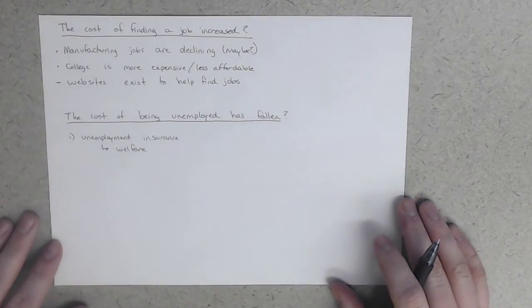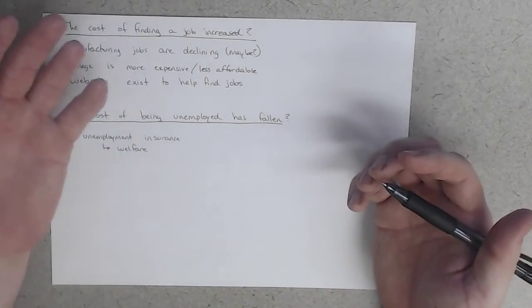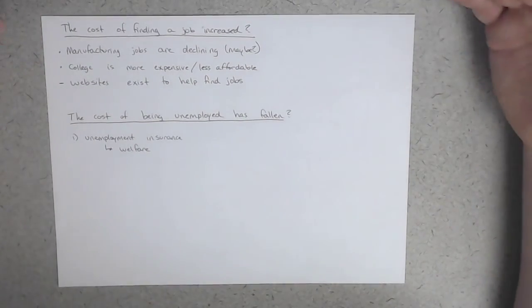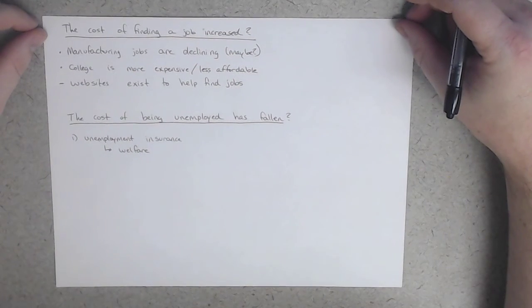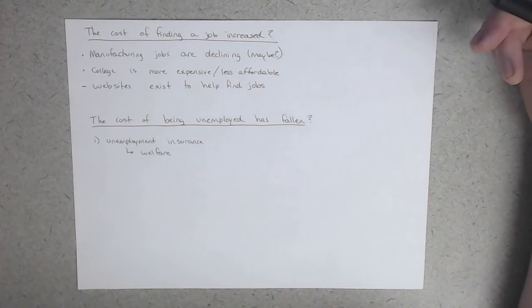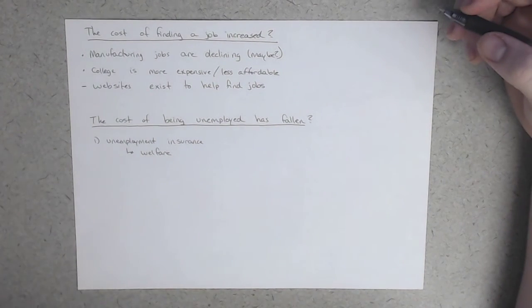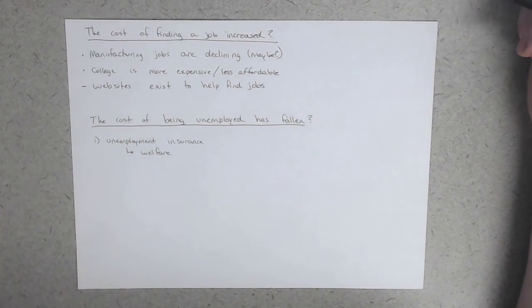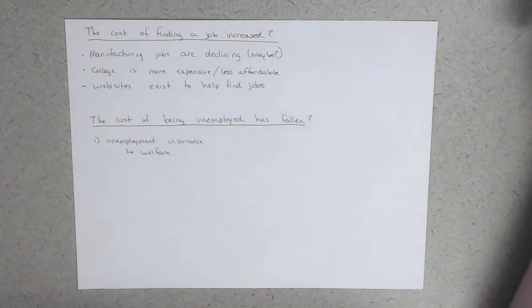So like everything in economics, we have, on the one hand this and on the other hand this, okay? And so with unemployment insurance, I think it's fair to say that the greater the unemployment insurance is, the longer a person will be unemployed. But one positive thing is that the unemployed person can take their time and find a job that they are uniquely fitted for, or uniquely suited for. And so they can take their time to find a good job or the best job for them instead of having to settle very quickly on whatever job they could get, right?